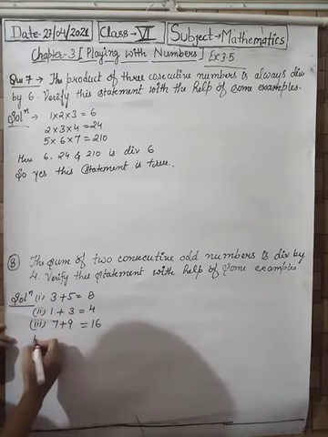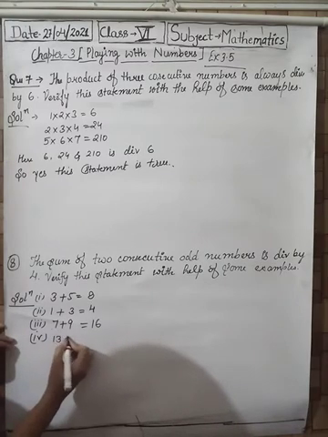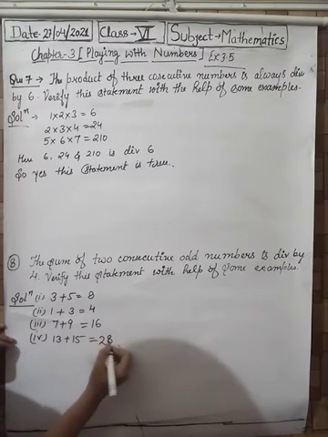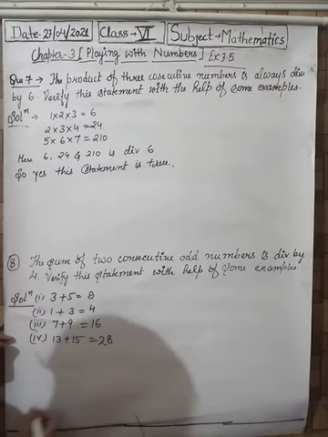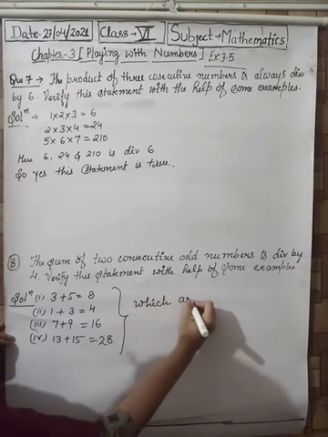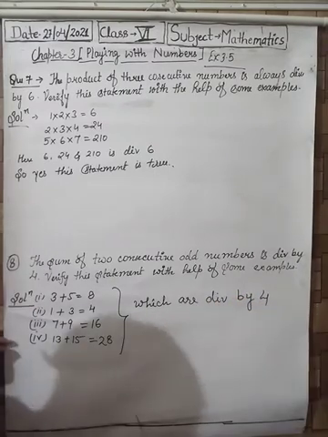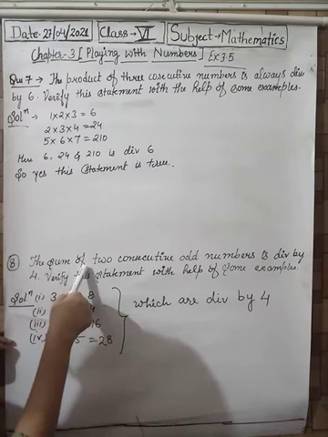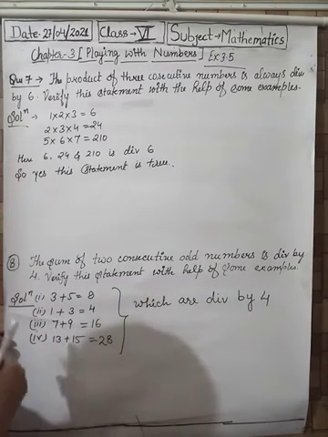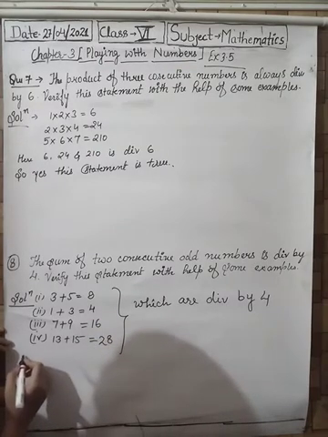Let's take another set of consecutive odd numbers. 13 plus 15, which is equal to 28. 28 is divisible by 4. So here we can see that the sum of two consecutive odd numbers is divisible by 4. So the statement is